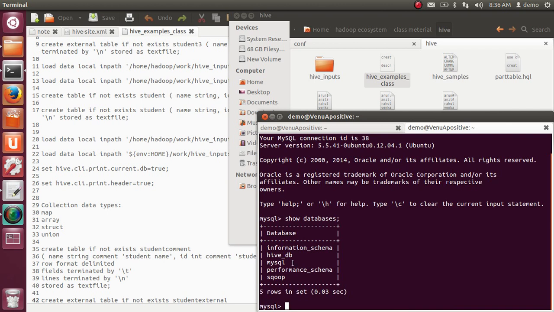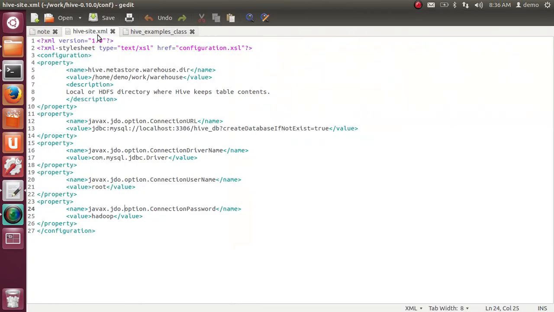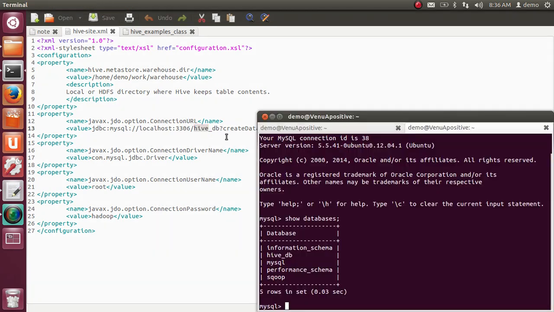Then show databases. You can check here. What is this? Hive DB. Why is it showing like this? Check here: Hive DB, create database if not exist. If there is no database like this, you can create it. It is automatically creating it. Recently I have implemented some task in MySQL related to Sqoop. That's why.